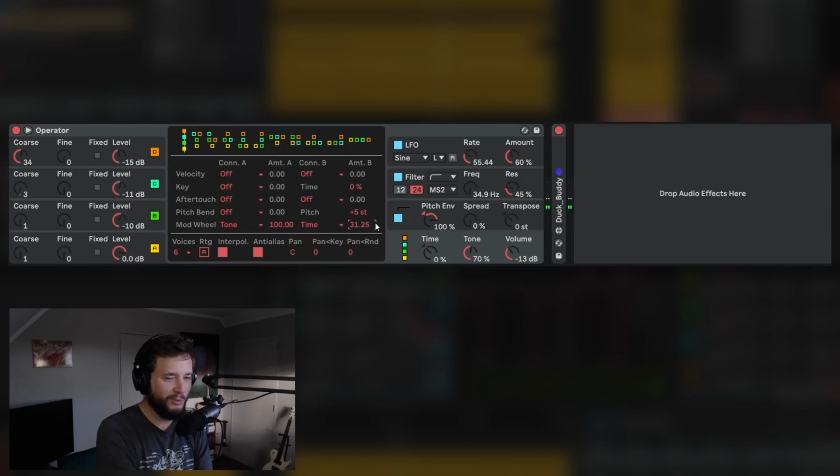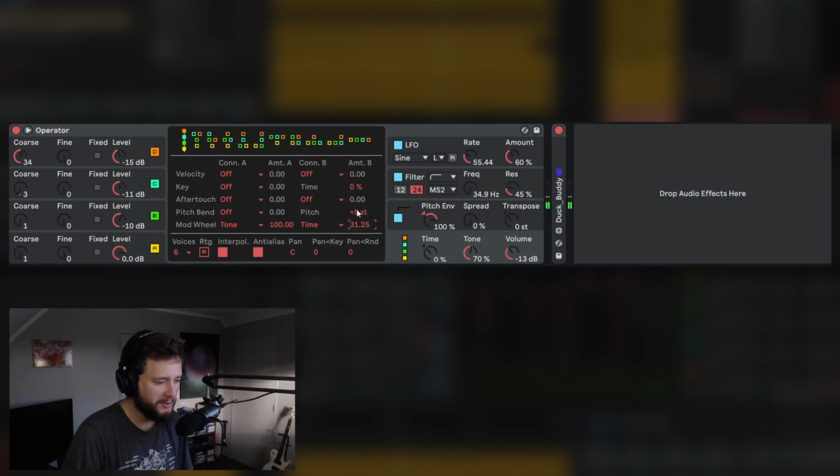So when it gets more aggressive, the envelopes open up a tiny little bit. So when we have the mod wheel all the way down and it's just the sub, it's a little bit tighter. But as it gets more aggressive, it kind of opens up as well. That's pretty cool. Now what I'm going to do actually is add an effect chain here because